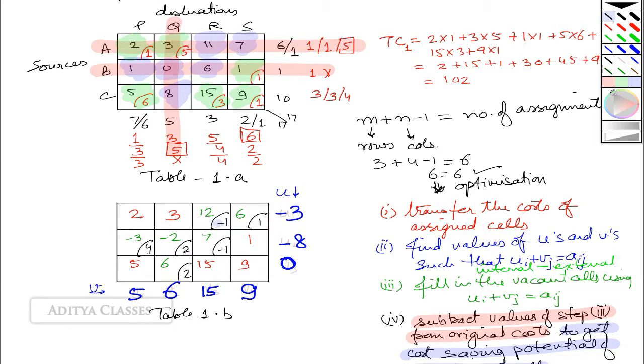So, which one of these two is better? Because we are talking of cost, a cost of minus 1 is better. What do I mean by a cost of minus 1? This total cost of 102, if you use this cell, it will come down to 101. If you use this cell, it will go up to 103. So this is what we mean by potential. If you try and make any assignment in this cell, your cost will go up by 4 rupees. Your 102 rupees will become 106 rupees.